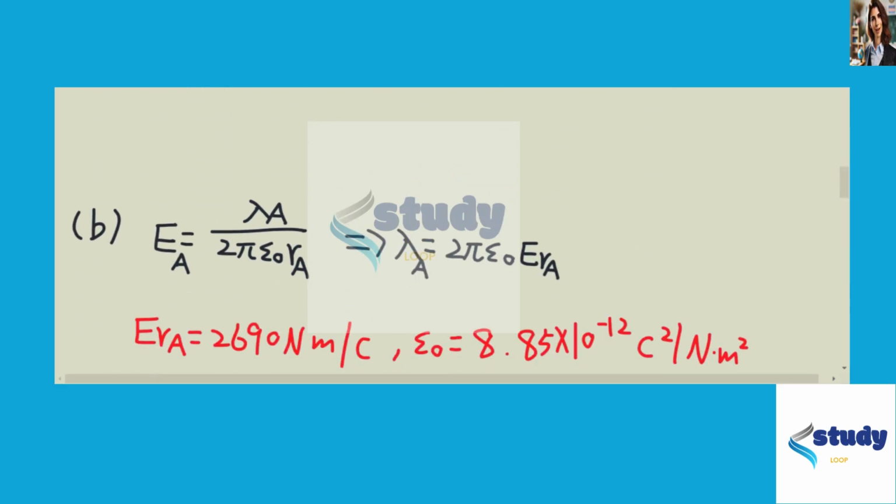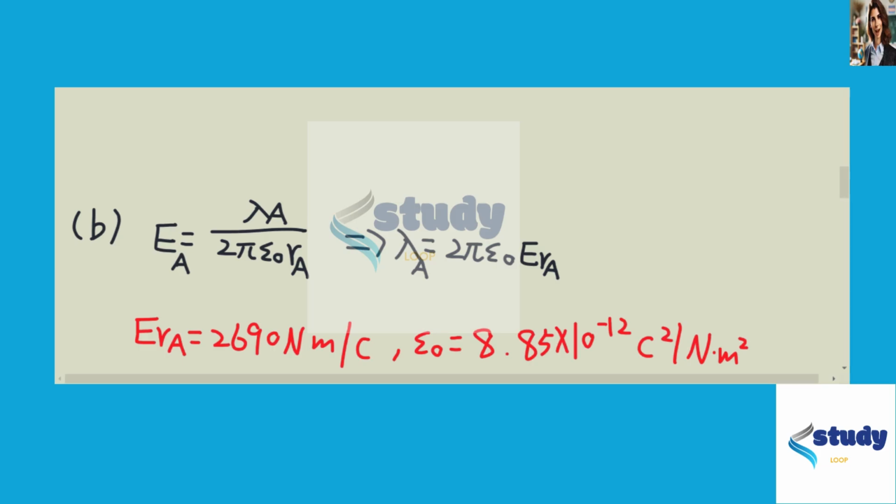And for question B, well, first let's determine the linear charge density for A. So we know EA is equal to lambda A over 2 pi epsilon 0 RA. EA is the electric field, RA here is the distance, and lambda A is the linear charge density. So if we do some arrangement here, we have lambda A is equal to 2 pi epsilon 0 times